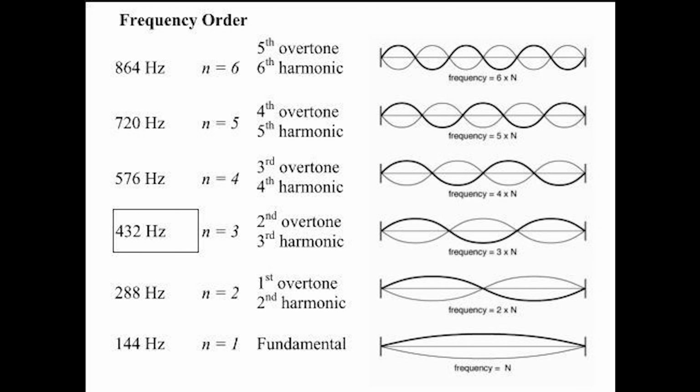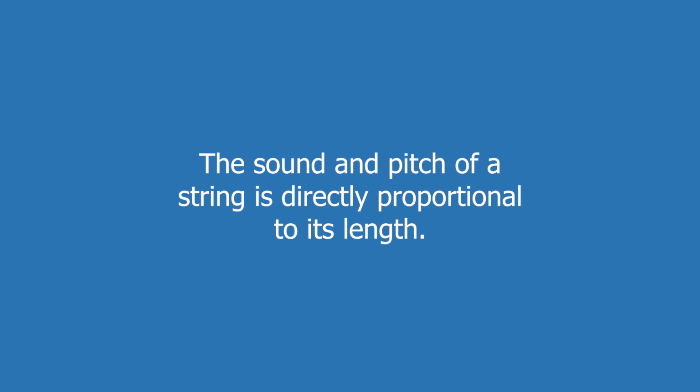Basically, what Pythagoras did was he experimented with a rope and focused on the sound it made based on how many sections that it was subdivided into. If the rope is sectioned into 2 parts, the note produced will be the exact same if it was strummed as one section, but it will be an octave higher. When Pythagoras divided the rope into 3 sections and strummed it, the note was different from when the rope was divided in half or not divided at all. Pythagoras continued subdividing the rope into sections and combined some of the sounds together to create scales. To summarize Pythagoras' findings, it basically stated that the sound and pitch of a string is directly proportional to its